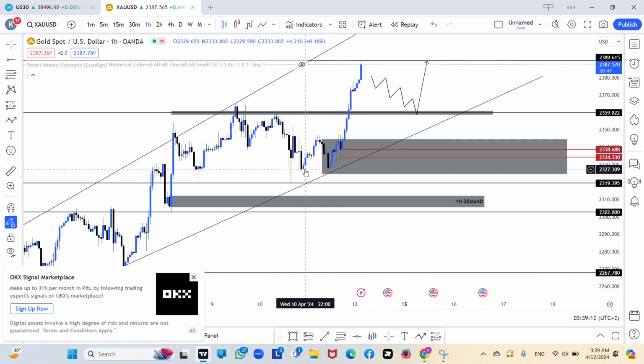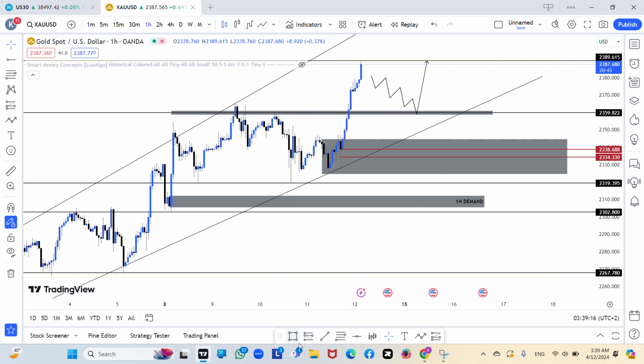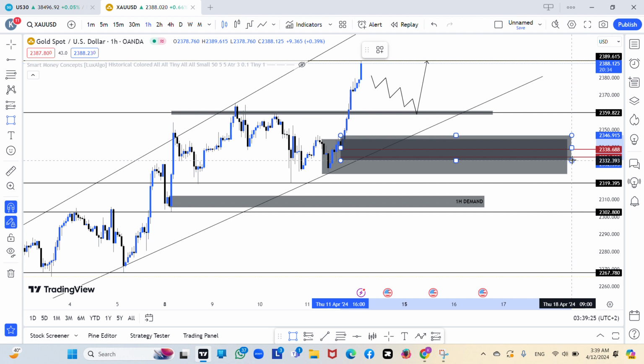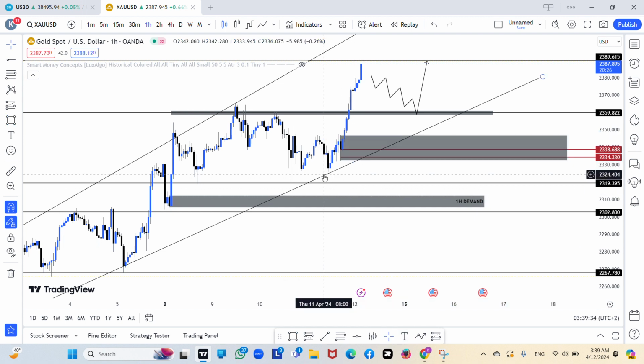If you can see or notice, guys, we also have another demand within a demand, which is now the 1 hour demand. So let's identify that, and let's delete this one. Yeah, so that's our 1 hour demand. So that my entry point in that demand, it will be